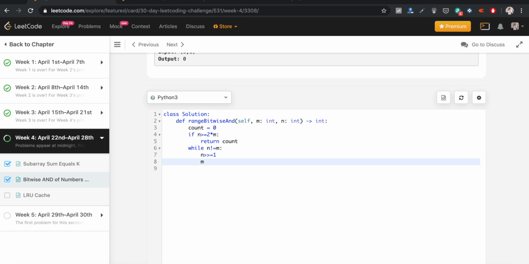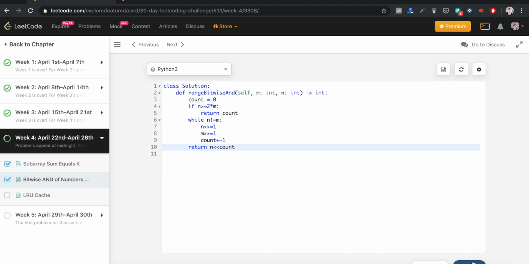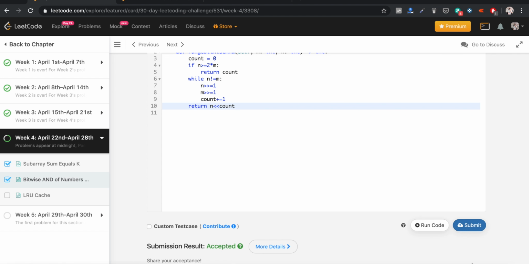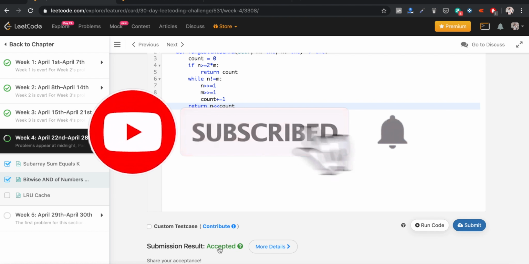We will be right shifting m by 1 and we will be incrementing our counter. Once this loop is completed where m is equal to n, we will be returning n left shift by count number of times. We will click on submit and we can see our result is accepted.